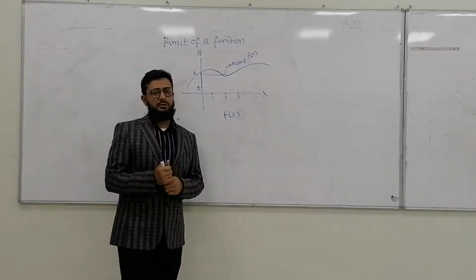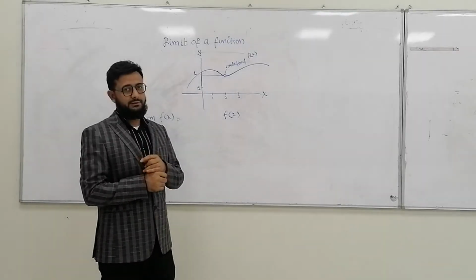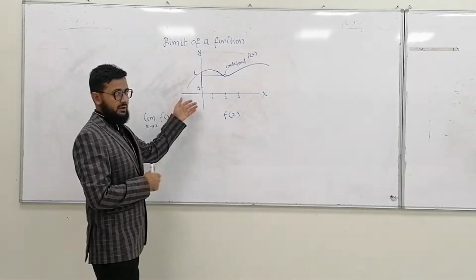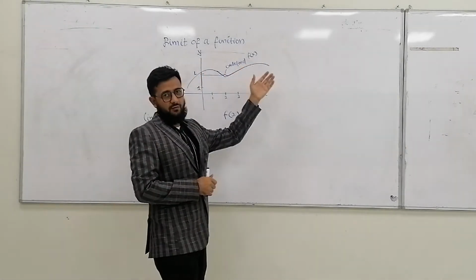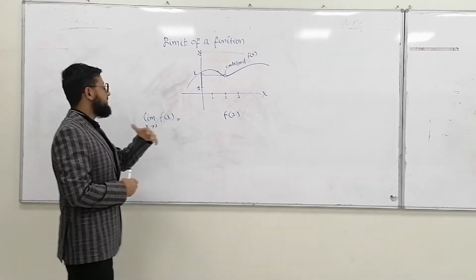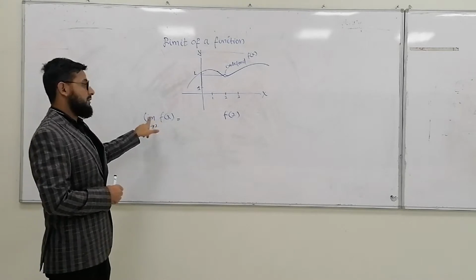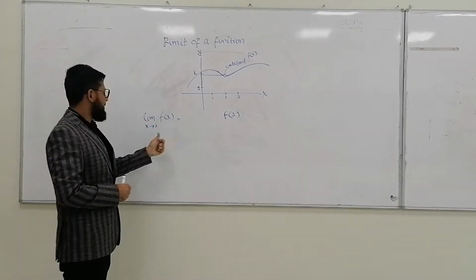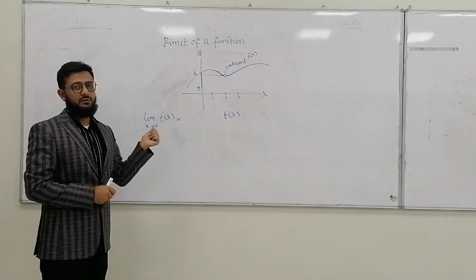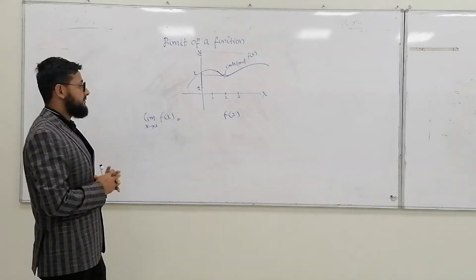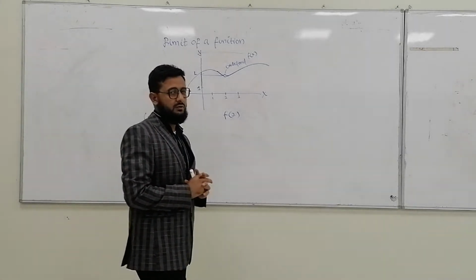Okay, so I'm going to explain what the limit of a function is. Let's suppose you have a graph and this line represents f of x. And I want to know what the limit of f of x is when x approaches 2. Now, first of all, I need to understand what we mean by